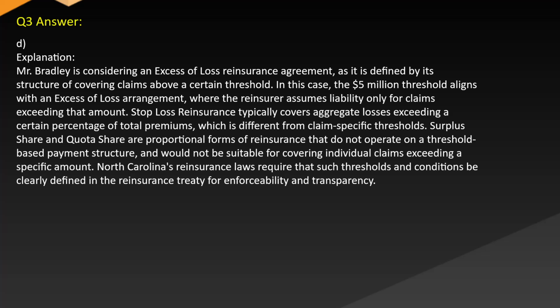In this case, the $5 million threshold aligns with an excess loss arrangement where the reinsurer assumes liability only for claims exceeding that amount. Stop-loss reinsurance typically covers aggregate losses exceeding a certain percentage of total premiums, which differs from claim-specific thresholds. Surplus share and quota share are proportional forms of reinsurance that do not operate on a threshold-based payment structure and would not be suitable for covering individual claims exceeding a specific amount. North Carolina's reinsurance laws require that such thresholds and conditions be clearly defined in the reinsurance treaty for enforceability and